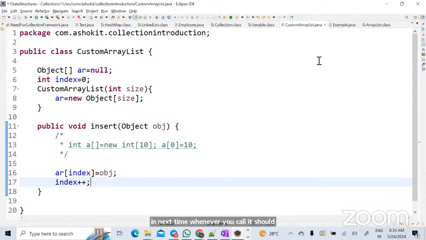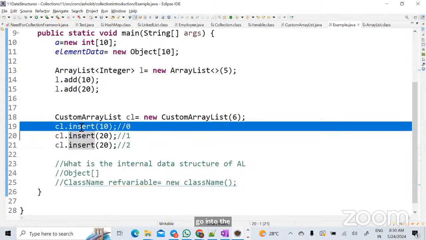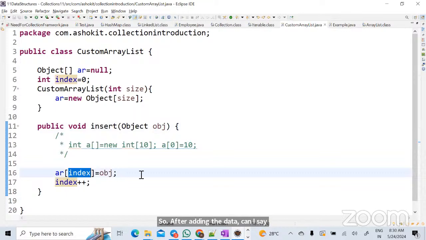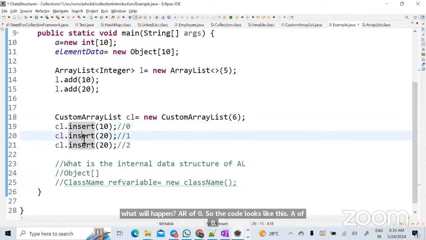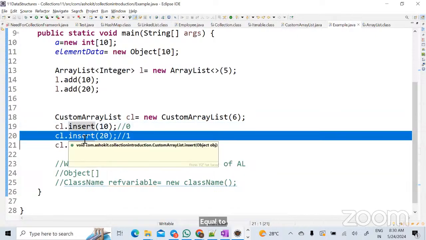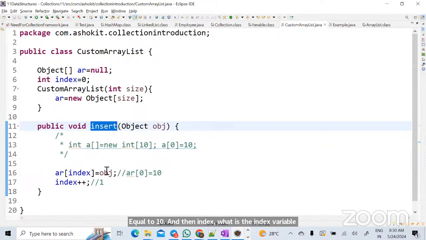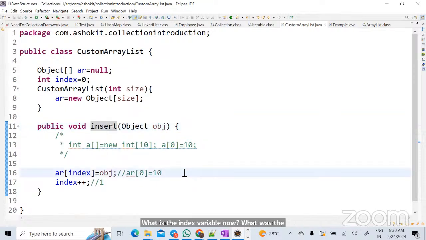Now, for example, the first time you call the method insert of 10 from this line, what will happen? The code looks like this: AR of 0 equal to 10. And then the index. What is the index variable initially? 0. What will the index variable become now? 1. Done. Next, it will go to the next line, CL of insert 20. Now you come to this one. What is the index variable now? It is not 0. It's a global, and you have changed it to 1. So now AR of 1 will become